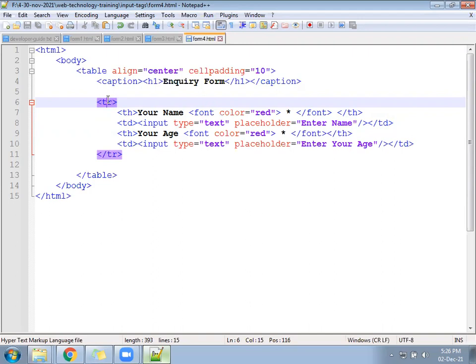There must be some meaning to that red color. Why is red color given? We have to write some message to the user on the top: star mark fields are mandatory. So the user will understand that whichever field has the star mark in red color is compulsory to fill. So for that you will write a TR here.